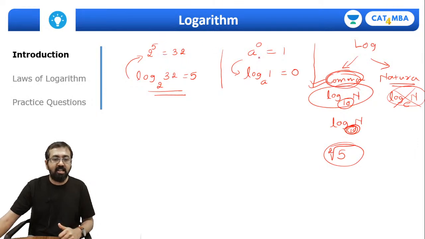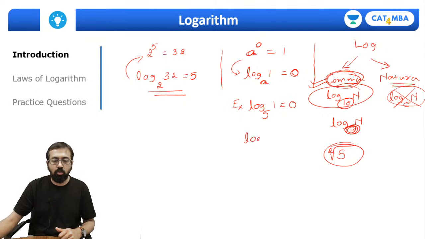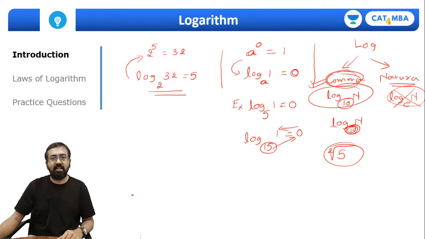So मैंने आपको सबसे पहले ये बताया कि लॉगरिथम फॉर्म में हम लिखते कैसे हैं, फिर उसके बाद हमने क्या डिस्कस किया कि any number raised to 0 power 1 होता है, so log of 1 with any base a is 0, right? इसका मतलब ये हुआ कि अगर मैं ऐसा कहता हूं log of 1 with base 5 again it will be 0, या फिर मैं कहता हूं log of 1 with base 15, ये बेस कुछ भी नंबर हो सकता है, सिर्फ पॉजिटिव होना चाहिए, नेगेटिव नहीं होना चाहिए, राइट। सो ये भी 0 हो जाएगा क्योंकि कोई भी नंबर को आप 0 पावर पे रेज करते हो रिजल्ट 1 आता है। सो इस तरीके से ये पॉइंट्स आए हैं, करेक्ट, फाइन।